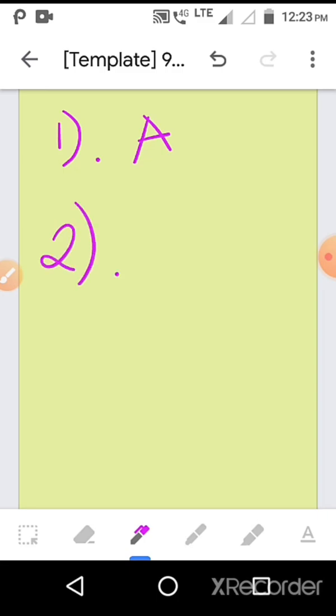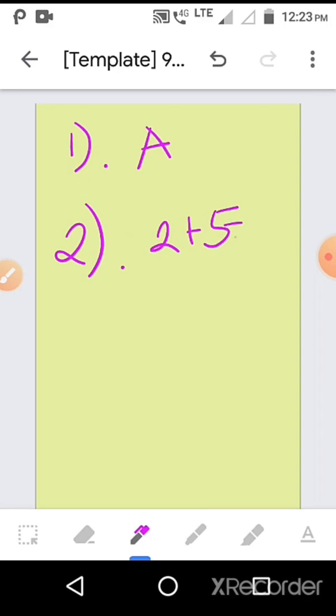So you can see here the student will get a pen option to edit. Okay, now I will edit. Okay, so suppose here some questions. Question number 1, I will choose option A. Next, question number B, 2 plus 5 is equal to dash.